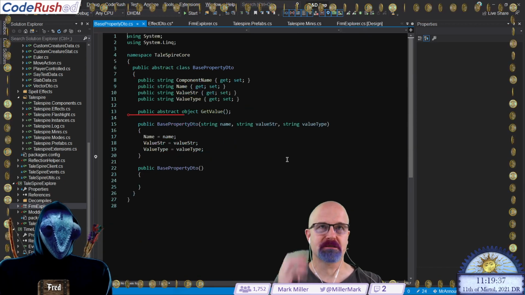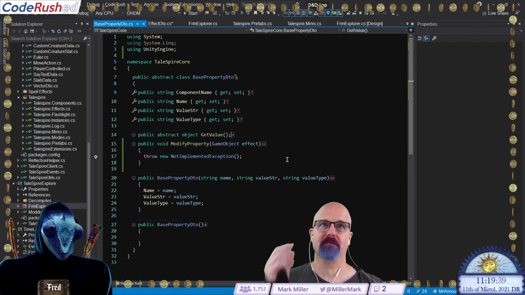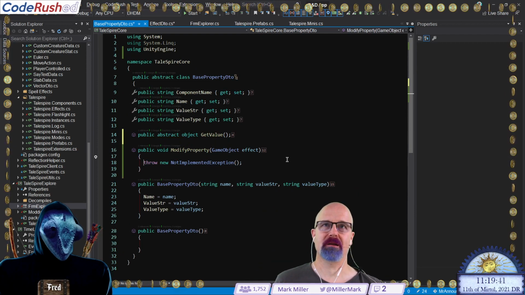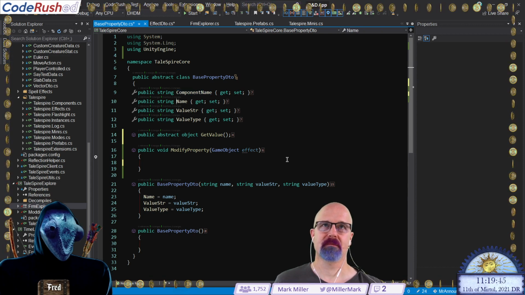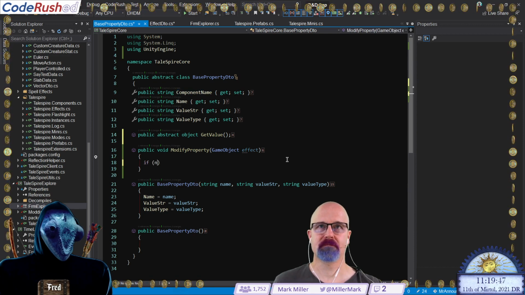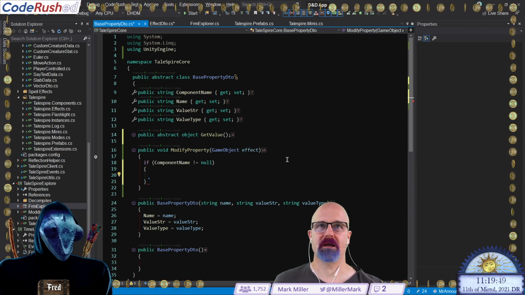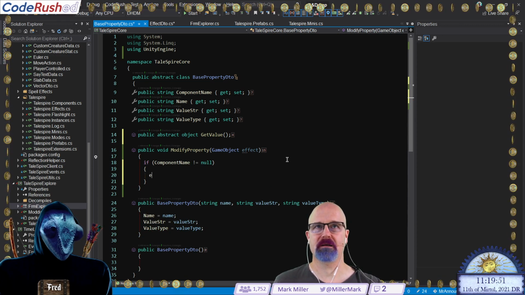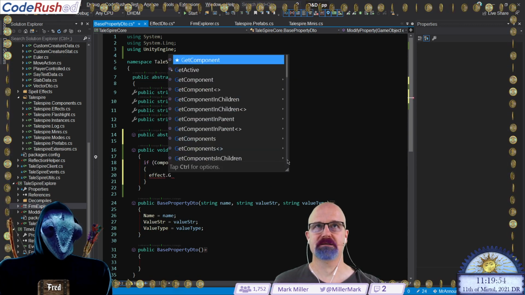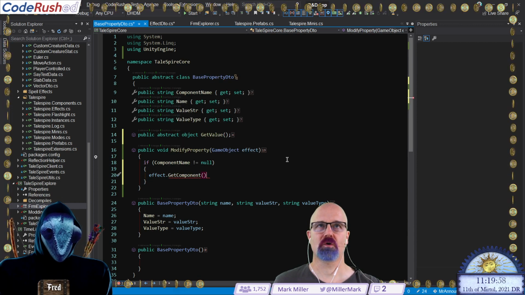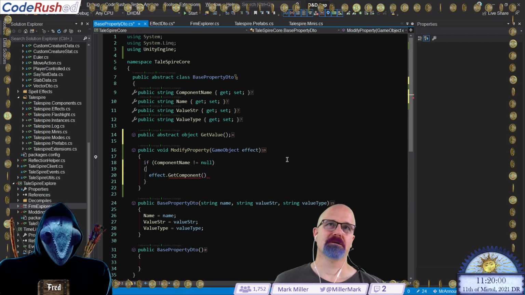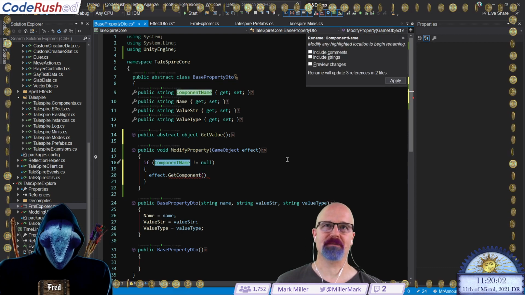All right, so to declare that method, now we're down in here. Game object coming in, we need to modify the property on it. We need to check to see if component name is not null. And if component name is not null, we need to call effect.get component. So the component name is actually going to be a component type name.